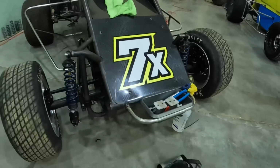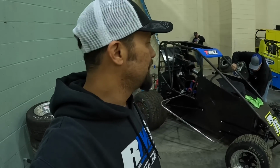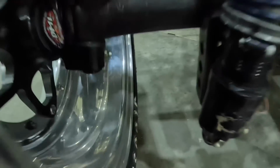So we got the front all blocked, and I've been just kind of going over this thing, and it's not an RMS Racing car. So little things, you know, the steering angle, as you know if you've watched some of my videos from before, the steering angle is a big deal. Well, this thing is actually rubbing. It was actually, this little chunk has built up, rubbing on the corner from this,